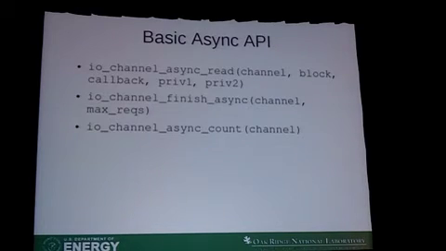So just a real quick high level, I added 3 new functions to the library for doing asynchronous reads. The big thing is it takes a callback and what block number you want to read. I ended up having to put in two private pieces of data, which I hand to the callback. I ended up needing that to implement higher level ones without having to do an allocation for every request I do. And then there's 2 other pieces that allow you to manage what's going on.